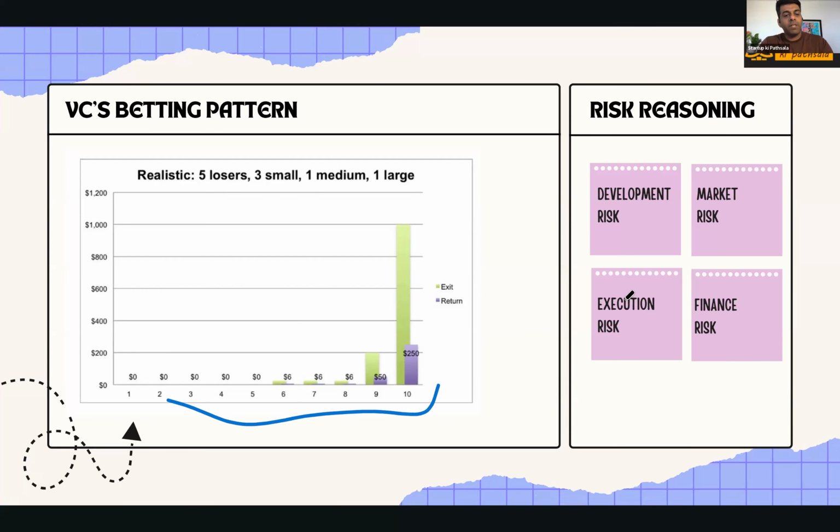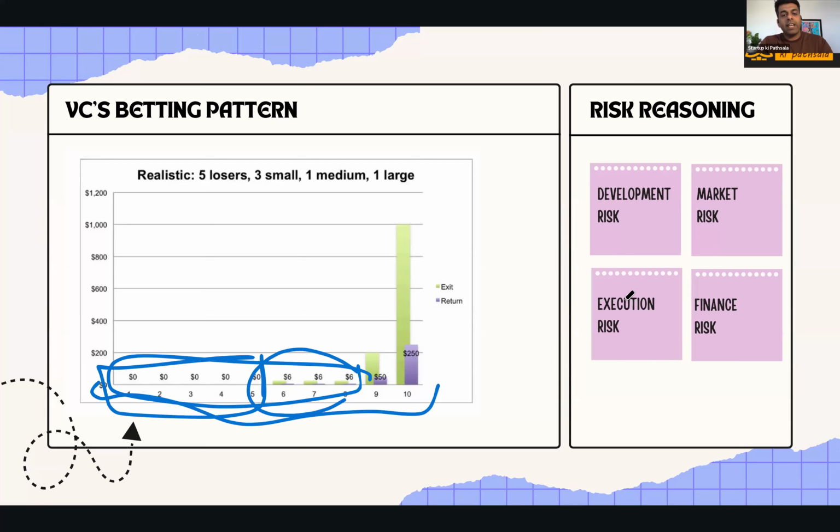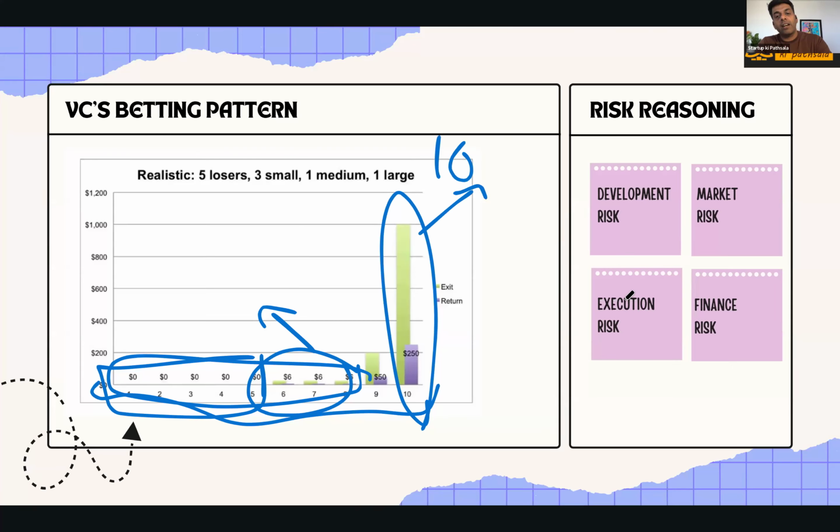Let's say they have 10 investments on which they put the investments. उनके लिए 8 इन्वेस्टमेंट्स लिटरली कुछ नहीं देता है, 5 इन्वेस्टमेंट तो बर्बाद हो जाता है. 3 इन्वेस्टमेंट दे गेट सम मनी, बट इफ यू सी देर इज वन इन्वेस्टमेंट वे दे मेक अ लॉट ऑफ मनी, दे लिटरली गेट 100x रिटर्न्स. What this means is they are willing to put a high risk, high return investment in any industry where it's a new category. Let's say Zomato, Swiggy, and all those others who were existing before them.